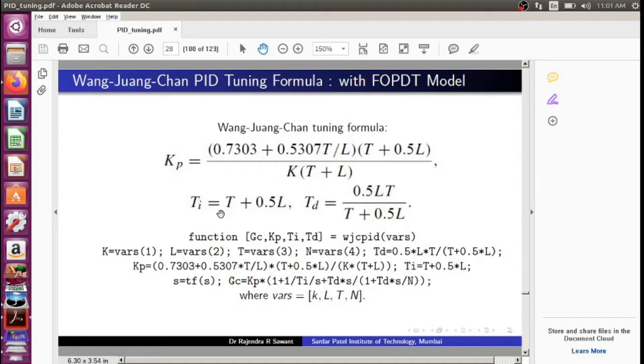We have to refer to this formula, substitute the values from the KLT model, FOPDT model, and get the equation suggested by Wang Juang Chan. Kp, Ti and Td are obtained from here. So let us demonstrate.